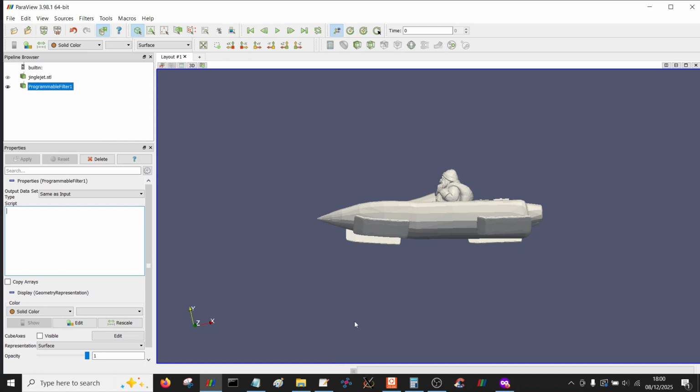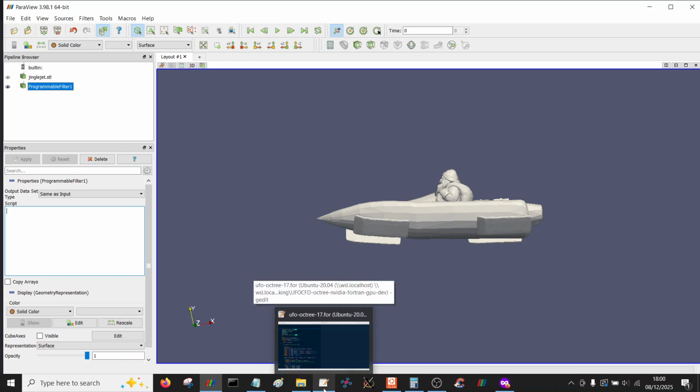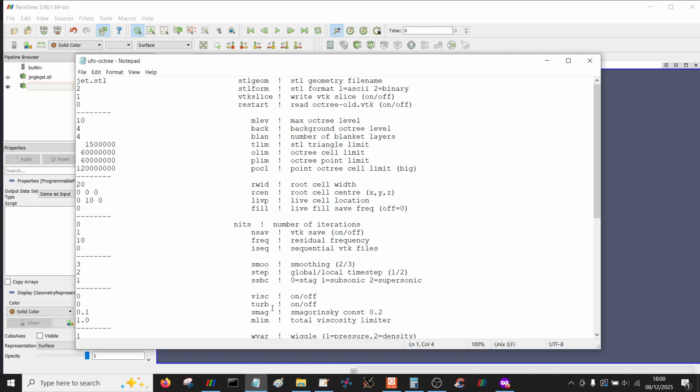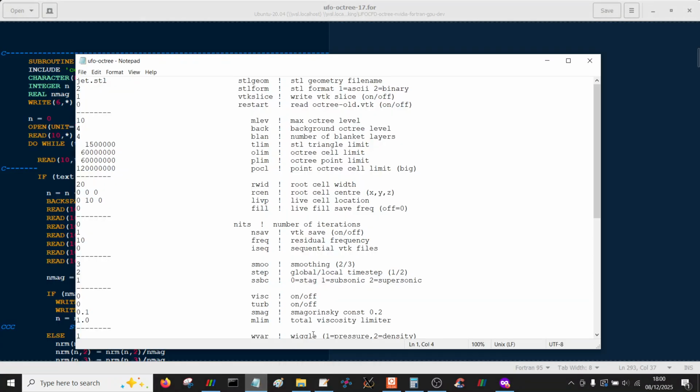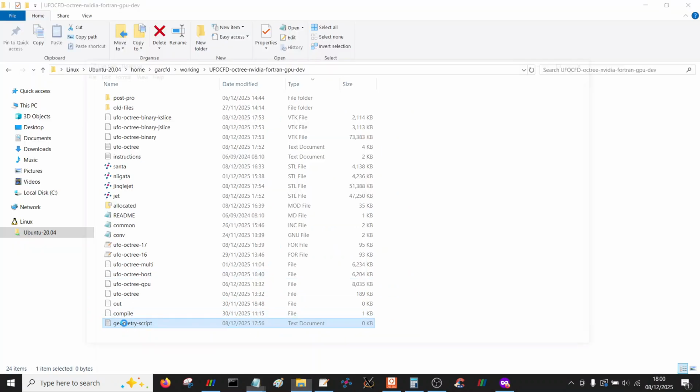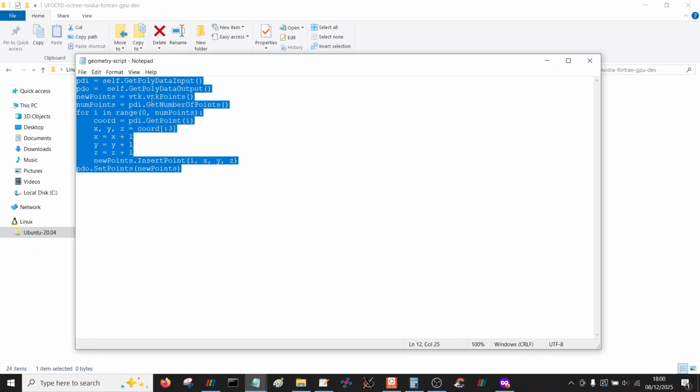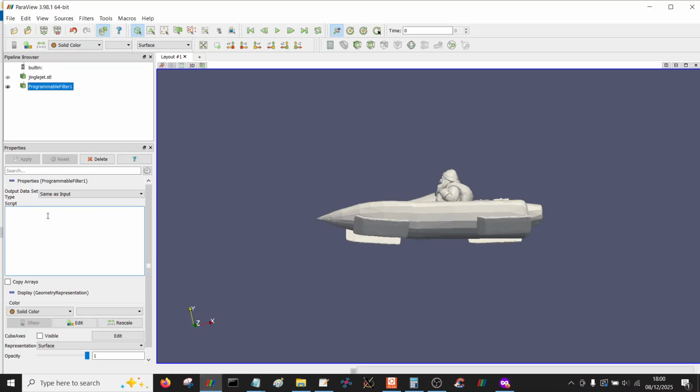If you're clever enough you can write your own code, or you can just copy it from somewhere else. I've lost it now. Geometry script. So this is the code that I've cut and pasted from that web page. So you put that in there, and